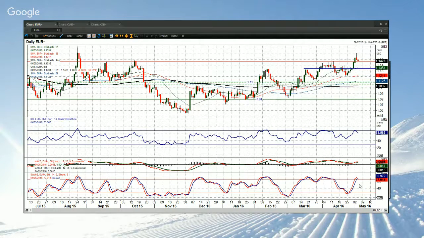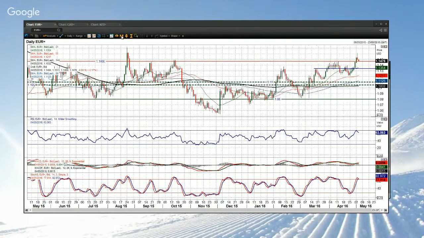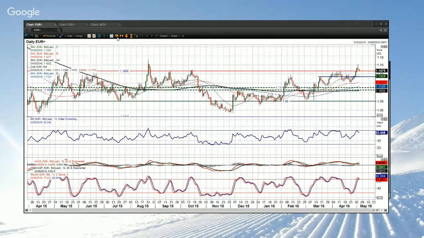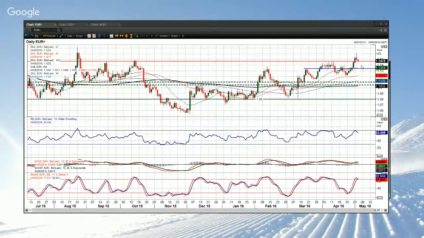You're seeing the stochastics starting to roll over, and you're seeing this second day's confirmation. Now the old resistance is 1465. That old resistance was consistent through months of trading in the last 16 months or so. So the breakout above that, if it goes back below it, I think is confirmation of the near-term correction that I think you're going to have in Eurodollar.